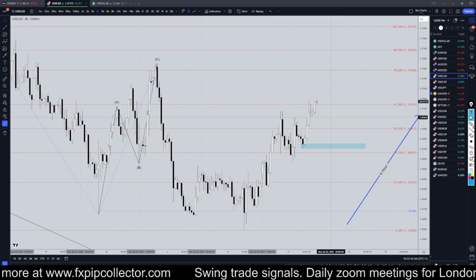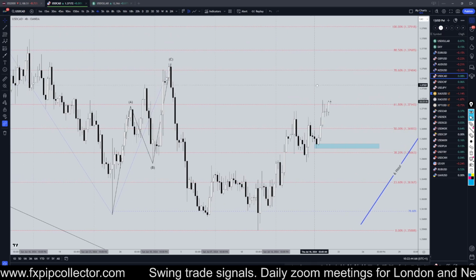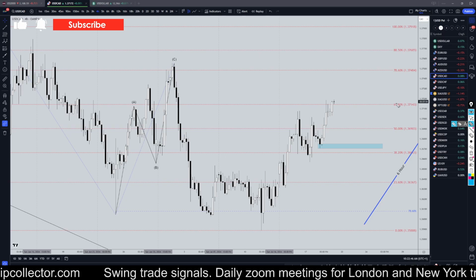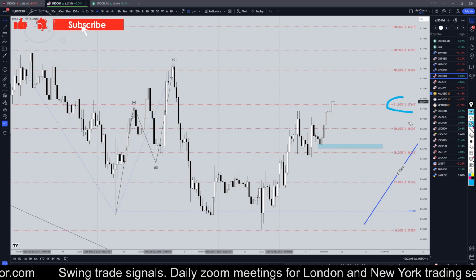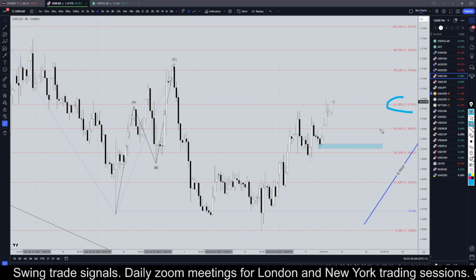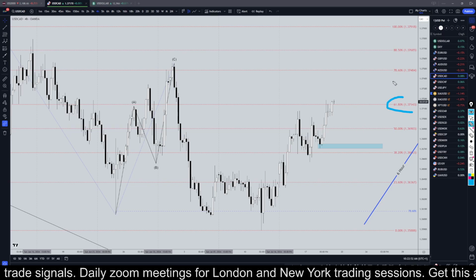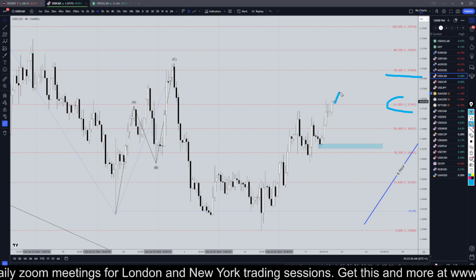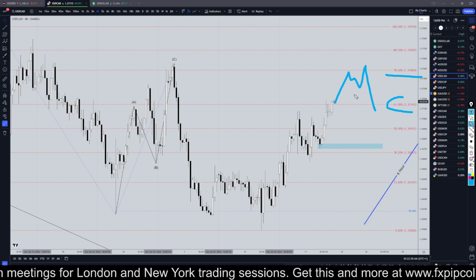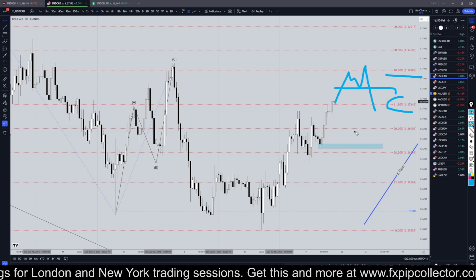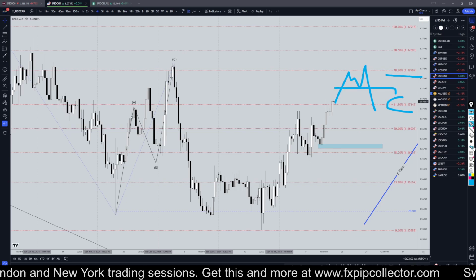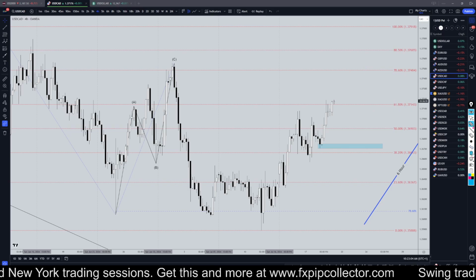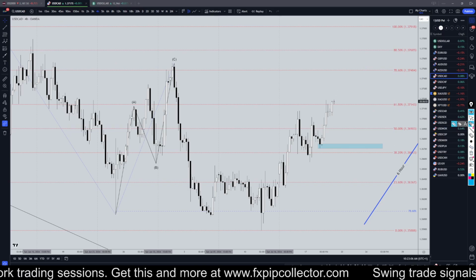Going down to the daily time frame, like I said, I am definitely looking for longs right now. It looks like we're not respecting the 61.8% Fibonacci level, so we're definitely going to continue to look for longs. At this point, it's probably pretty likely it'll go up to the 78.6. If it does go up there, make that double top, make that break of structure, then I'll stop looking for longs and start looking for shorts. If it doesn't do that, then guess what? I'll just continue to look for longs every chance I get.